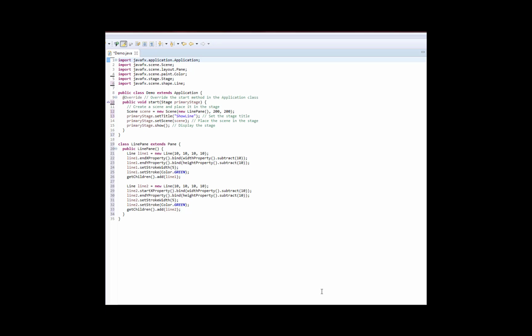So at the top of the code, you see the usual imports that we need. You see that we extend application and that we override the start method, all the usual things that you're used to seeing. And then down at the bottom of the first section, we have also the usual things where we're going to give a title to the stage, put the scene in the stage, and show the stage. So we won't worry about all those things, and all that's left in the end then is just a single line of code right here.